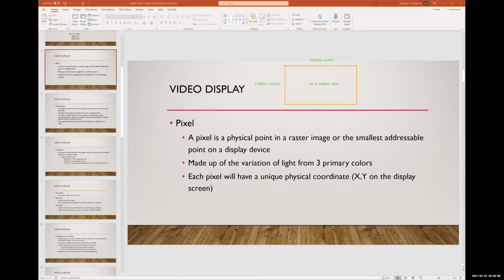We have our vertical pixels along the width direction, and we have our horizontal pixels across the height measurement, right? And the cross product of the two, of the height and the width, gives us the total number of pixels